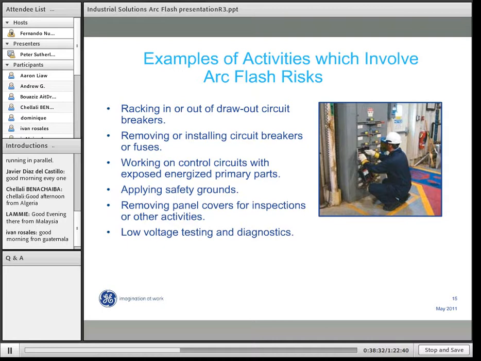And finally, low voltage testing and diagnostics. Now you're talking here low voltage circuits, say 480 volts, 600 volts, in that range. And in the past, again, people have treated these circuits rather lightly and just gone around clamping ammeters on cables